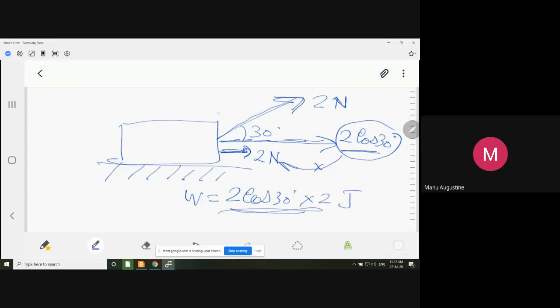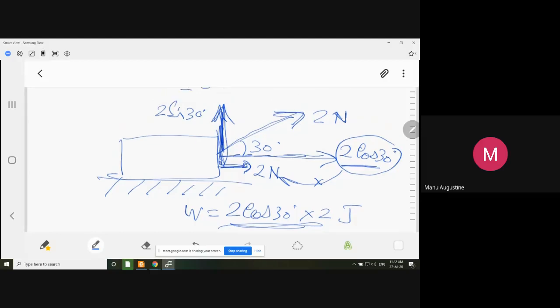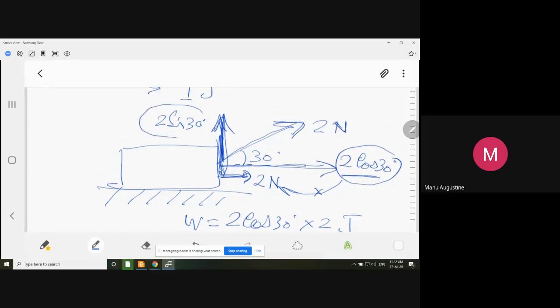Now there is another component of this 2 Newton. You know that. This is 2 sin 30. What will happen to this force? This force is also there, but the displacement is not acting along the vertical direction. So in other words, I can simply say that this component of force, which is perpendicular to the displacement, will